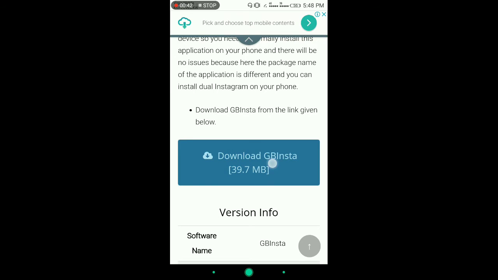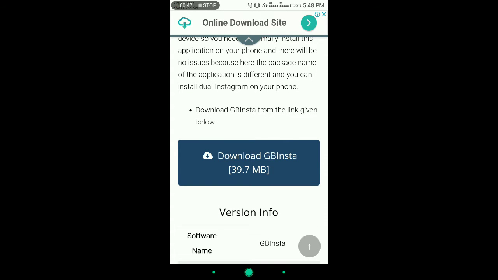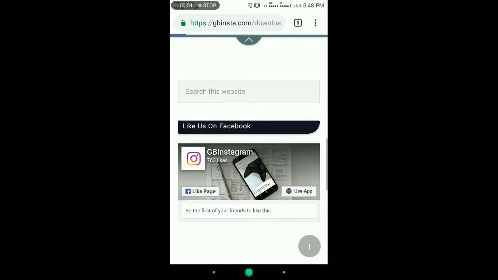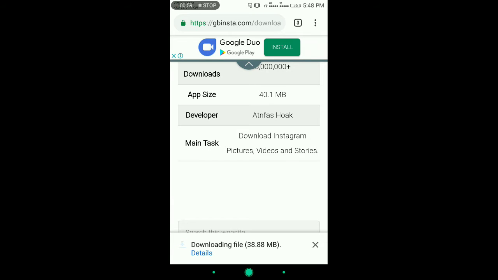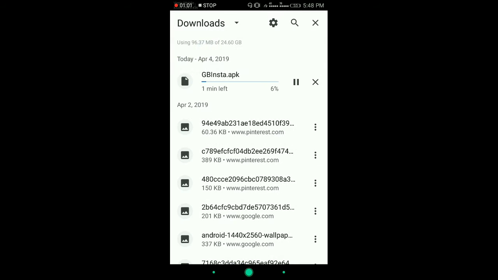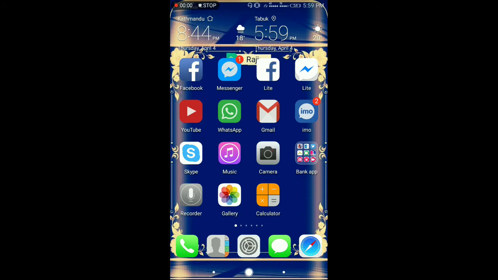So get this one, go to the last and just get this one, 39.7 MB, download GB Insta. This is the one, just tap it. Just make it okay. Now GB Insta is downloading on our device. After the download completes,